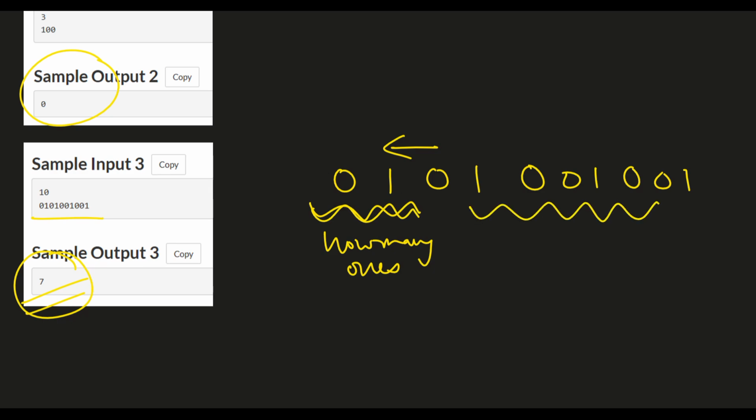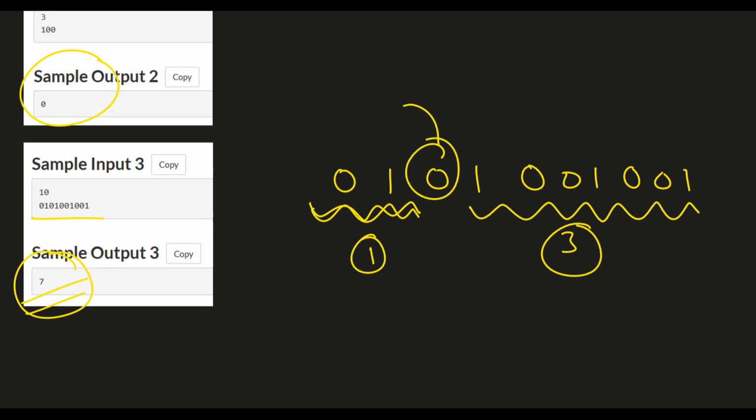And how many ones are in this substring? There are three ones, right? Three ones, 1, 2, and 3. So obviously for this zero, it is optimal to move to this place. So can I say that for any zero, the most optimal movement would be the minimum of left ones and right